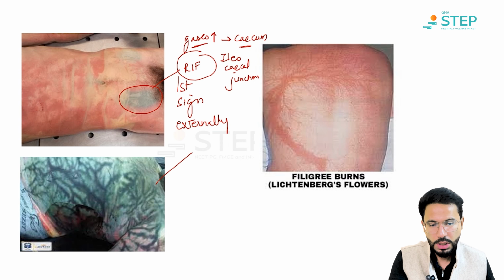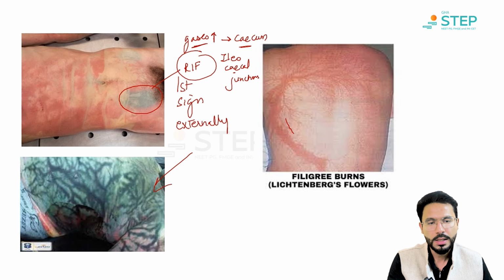Then this image shows you a further stage of marbling where the color changes have appeared, the marbling has spread to the whole of the body. So eventually putrefaction is taking over. Why are we comparing lightning burns to marbling? Because lightning burns also resemble this